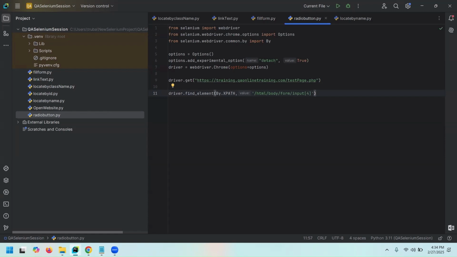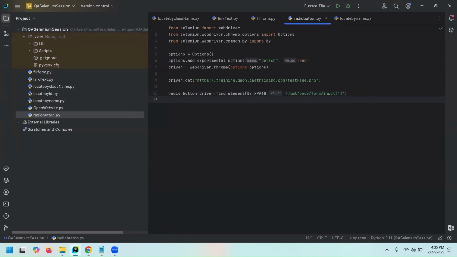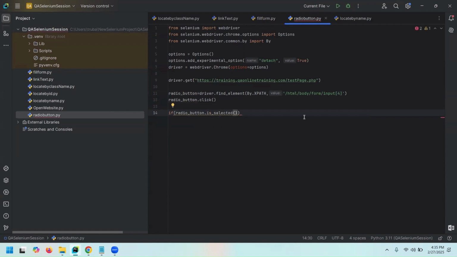Now, here you can do dot click and just check whether that radio button is clickable or not. Or the other way is you can store this value in one of the elements. So I'm going to create a reference for this, calling it radio button. Now, why am I creating a reference? Because I'm going to use this for the is_selected method too. So now I will do radio_button.click here. And below I'm going to write an if condition saying that if radio_button.is_selected, so if it's selected, then in that case, let's print an